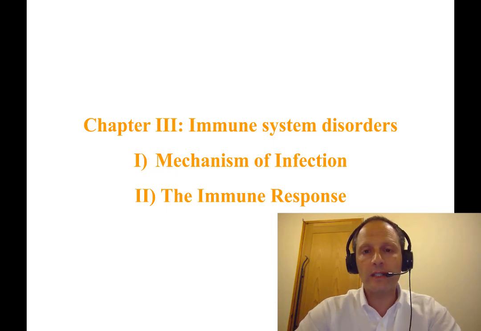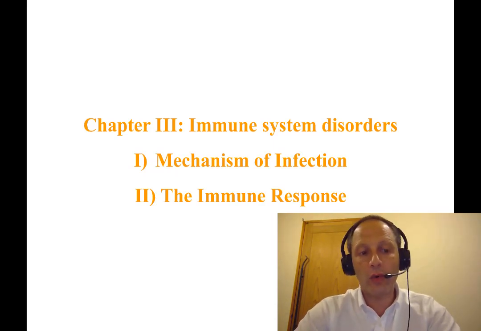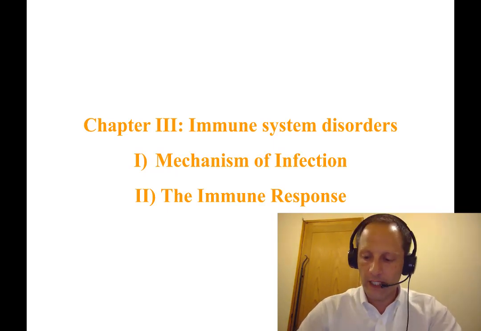some antigens, and we'll talk about the process of two different types of the immune system, the innate immune system and the acquired immune system. So we'll talk about vaccination, and we'll talk about the role of the different cells in those two innate and acquired immune systems. So let's start together.